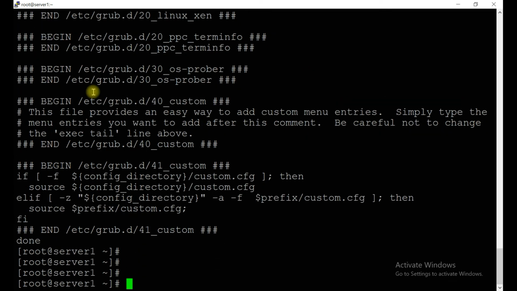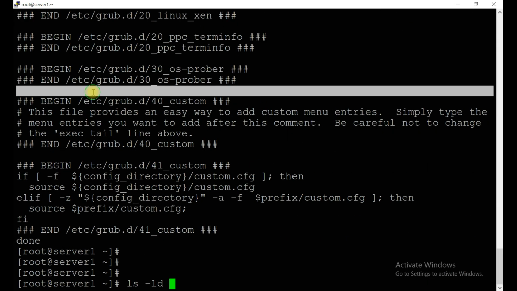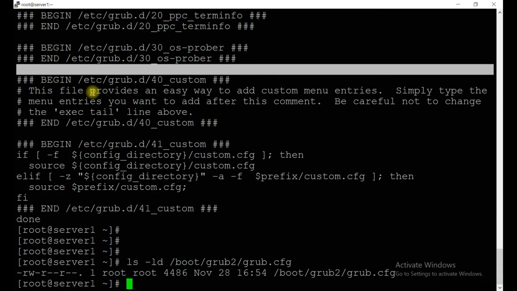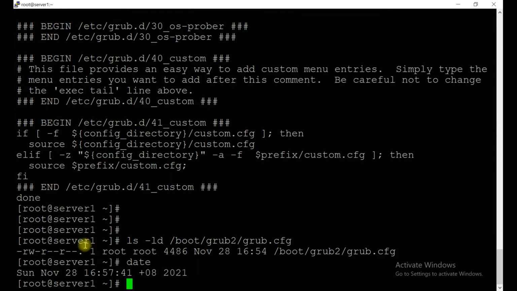Okay, now let's see whether the content has been changed or not in /boot/grub2/grub.cfg. So you can see it has made some changes.